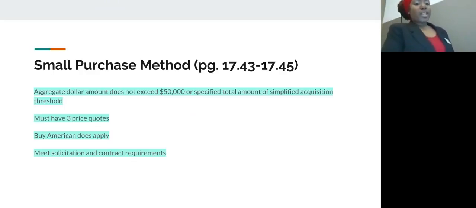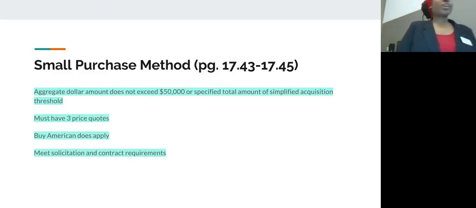You must have 3 price quotes as well as Buy American does apply, and making sure that you're meeting solicitation and contract requirements, which is in a whole other section of our PowerPoint. But really all that is, is making sure those regulatory clauses, are you using the appropriate ones according to the product and the service that you're looking to procure,